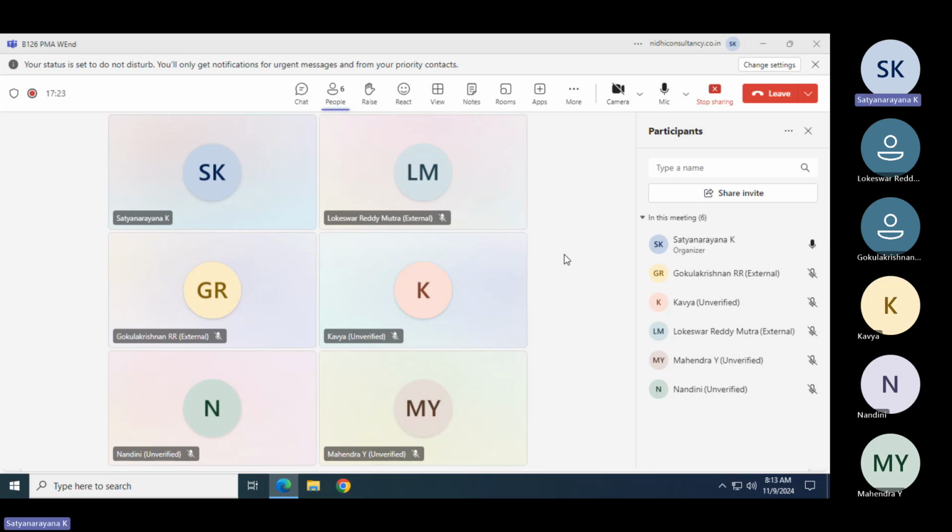Okay. So Nandini, can you ping me in your WhatsApp like hi so that I can understand which Nandini it is? She joined. Mahendra, please you can ping me hi in my WhatsApp. Because there are so many people, I can understand who is joining. Just for information only. So Lokesh, am I audible now? Yeah, it's my mic fault. Okay, fine, no problem.